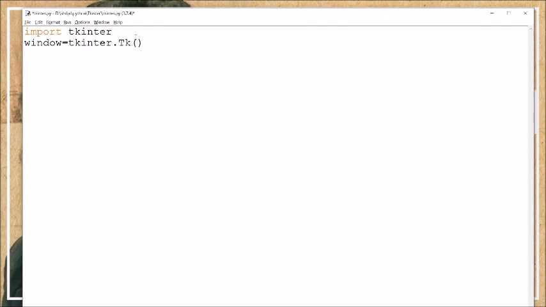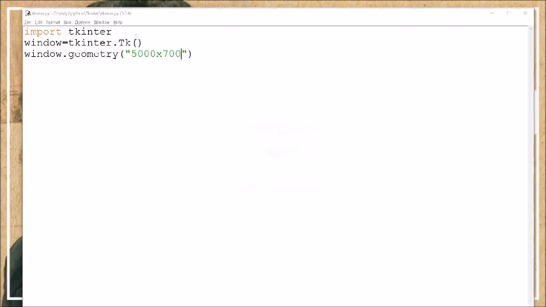We can use window.geometry, and then the size of window in inverted commas. Suppose I want 500 by 700. So this we can mention.